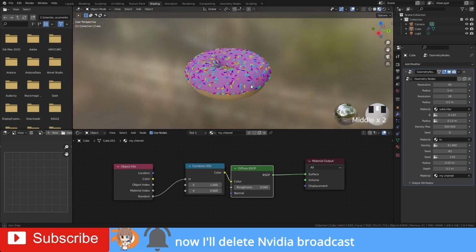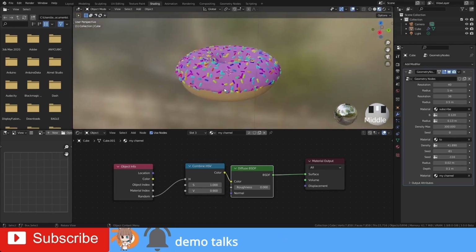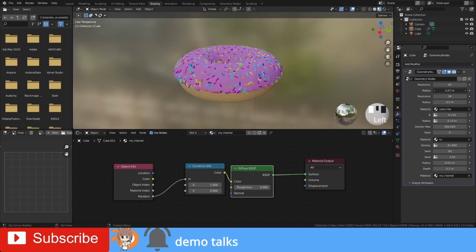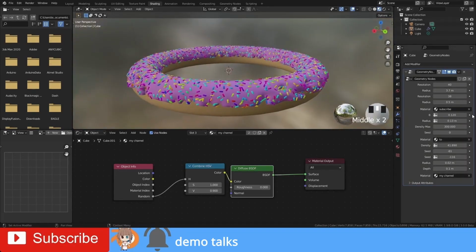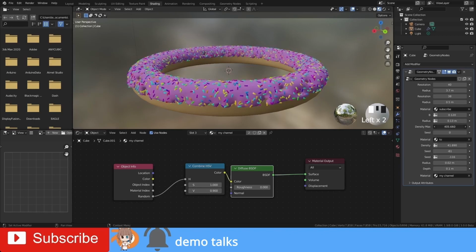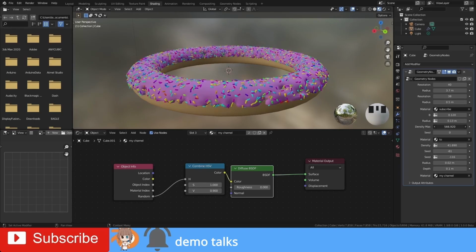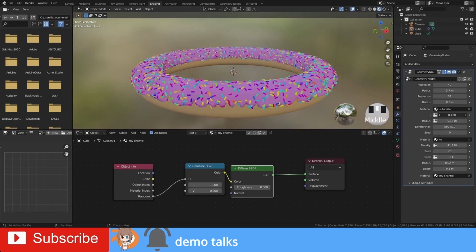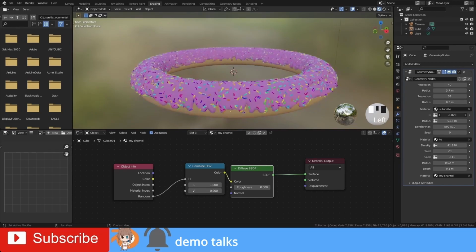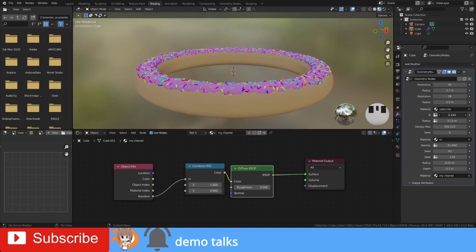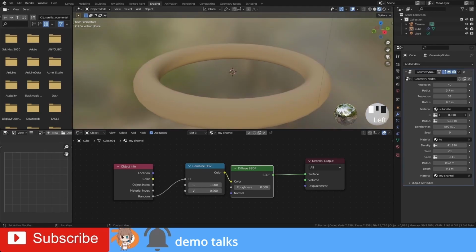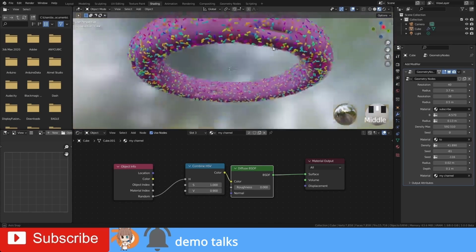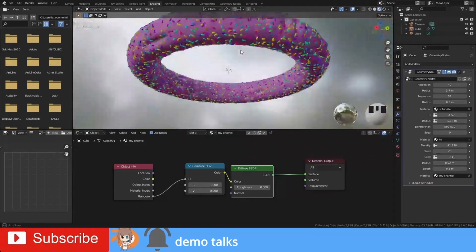So we have our tasty donut. This is procedural. You can make it less icing, no icing, or the whole thing can be covered with icing.